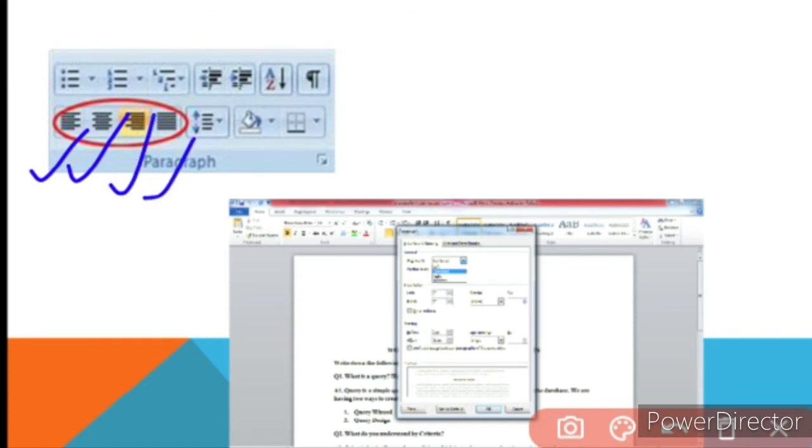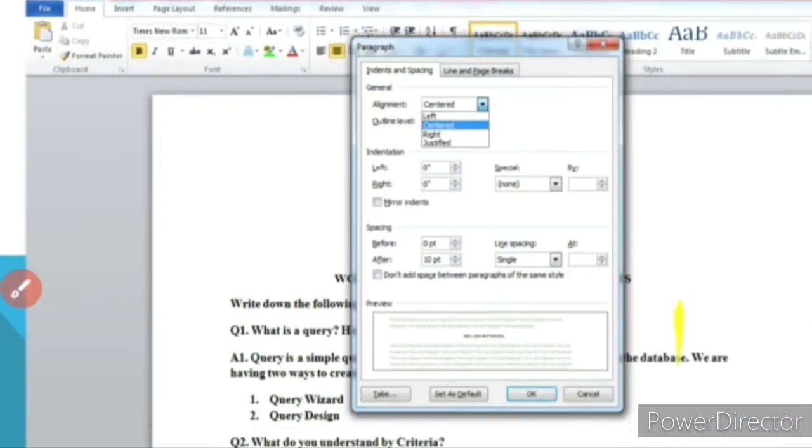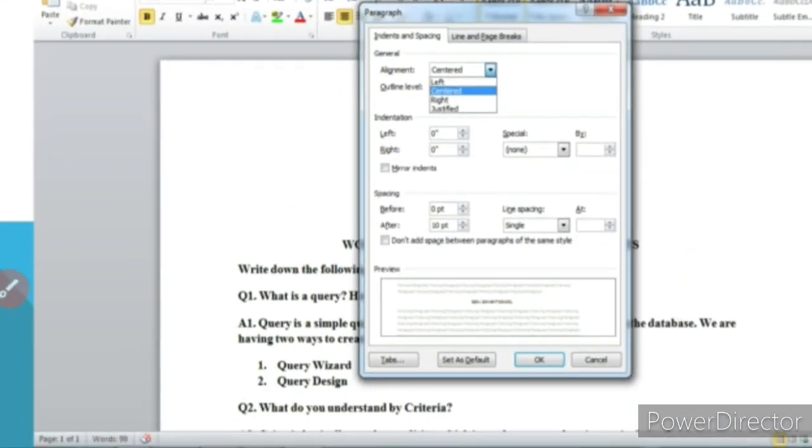And if you want to change any kind of alignment values or position values, you just have to do one thing. Here you can see we have the small drop down arrow, right? You just have to click on it. When you click on it, this Paragraph dialog box will appear. Here you can see we have 2 options, Indents and Spacing, and Line and Page Breaks.